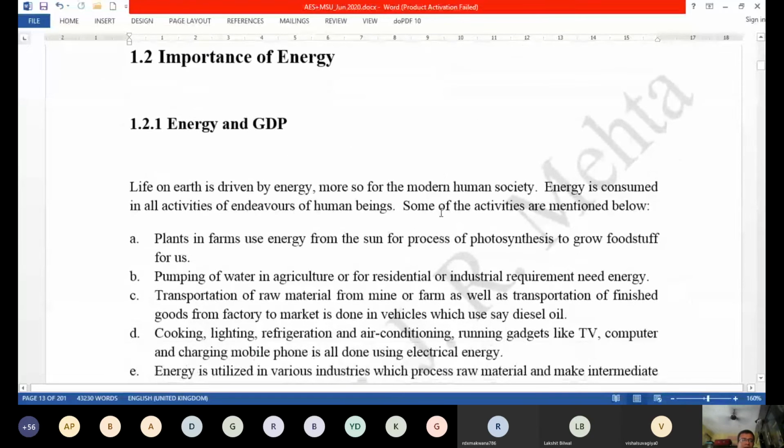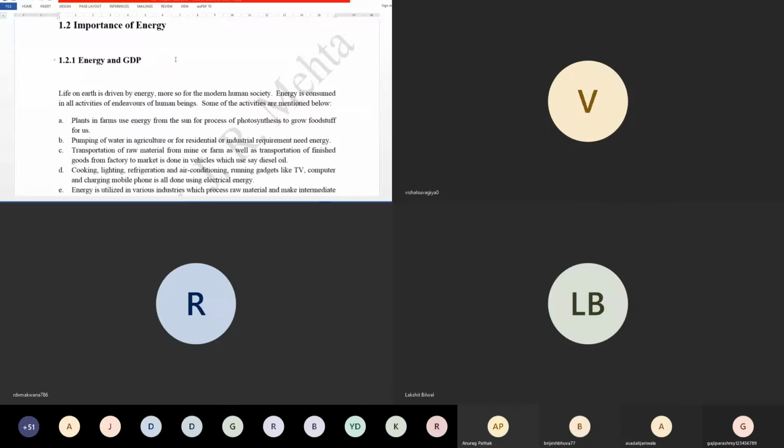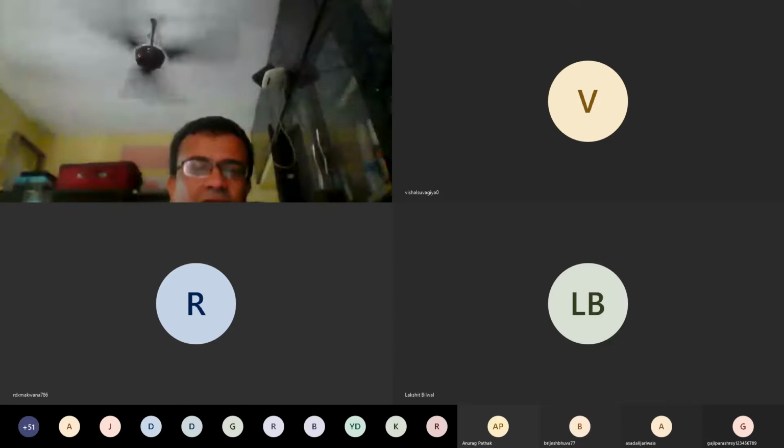Now, what is the importance of energy? Why are you studying this subject, or why are we so much concerned about energy? So, if you think, energy is all pervasive, that is